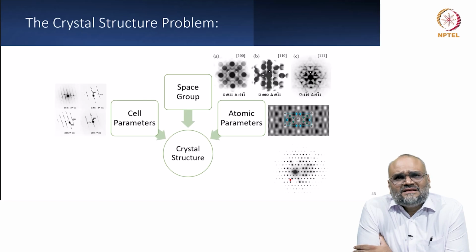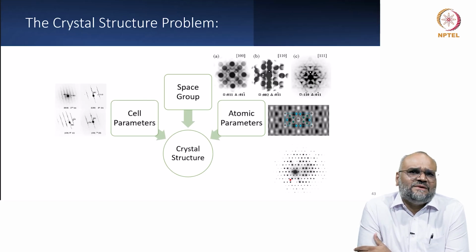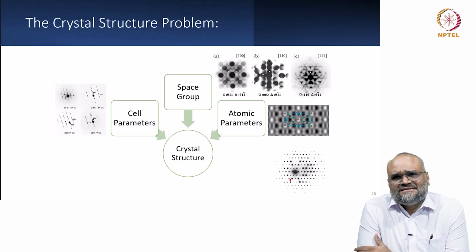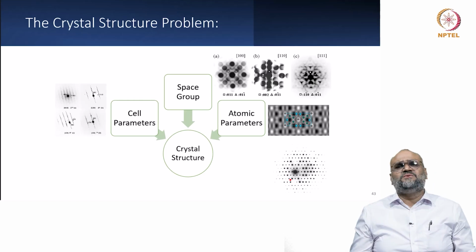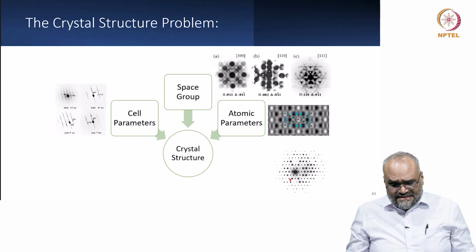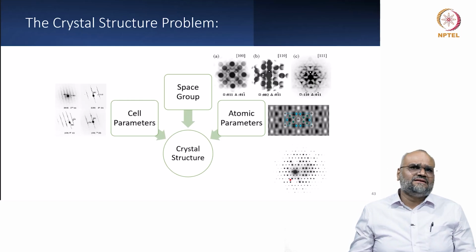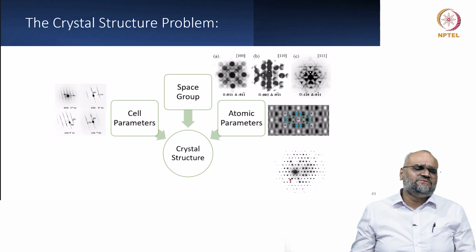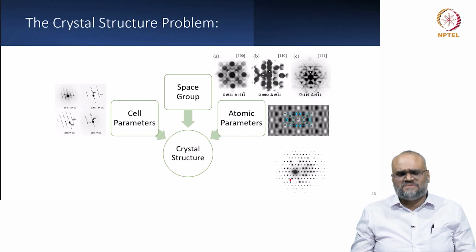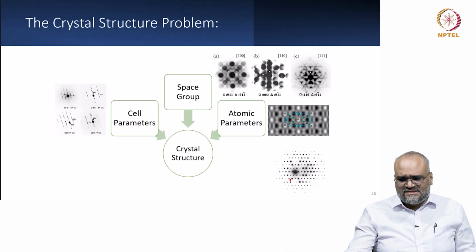Then when I converge the beam and I record disk patterns, I get the information on the symmetry from an electron diffraction pattern, and this is often recorded as what is called convergent beam electron diffraction. In this course, we only focused primarily on the spot patterns, or obtaining electron diffraction patterns with parallel illumination. The determination of space groups and understanding convergent beam electron diffraction patterns is an advanced module, and once you are